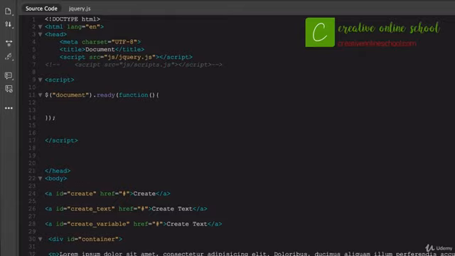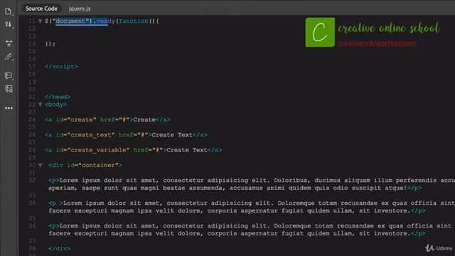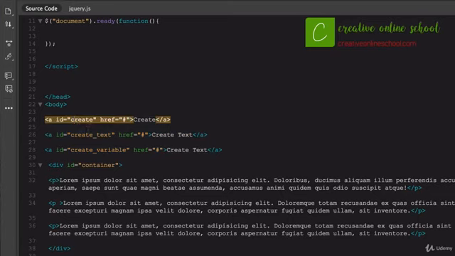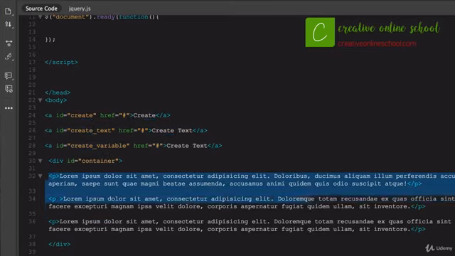the whole time. What I've done is created a document, and we have our basic jQuery that we always link to, the basic opening document ready function, which we always use. Down in my body area here, within the body of the page, I've created 3 links. One that says create, one that says create text, one that says create variable, with different IDs. These IDs are what we will be targeting from the jQuery. I got create, create text, and create variable. So all that I have down here targeting these 3 paragraphs is what we'll be using, and all within the